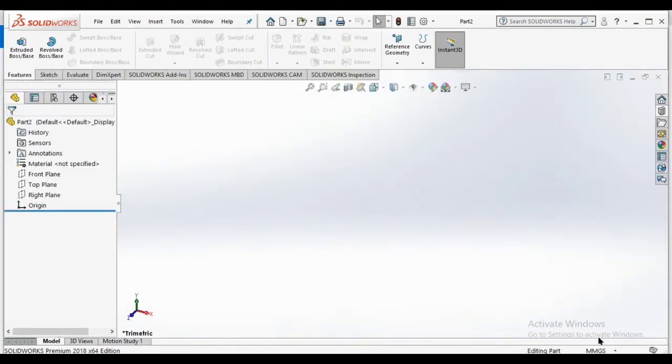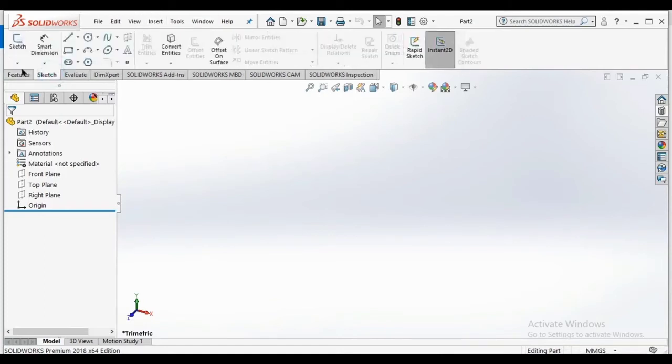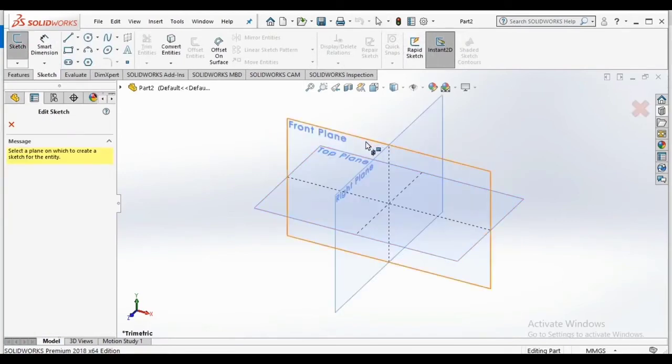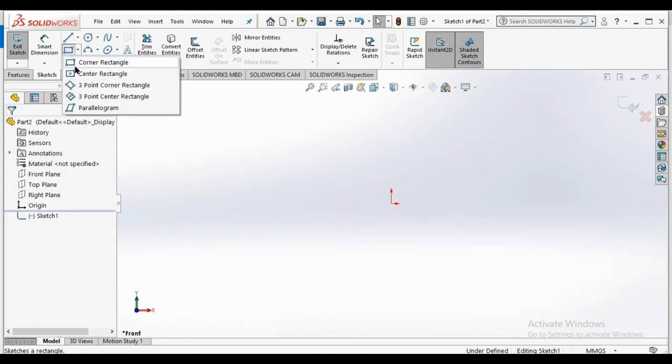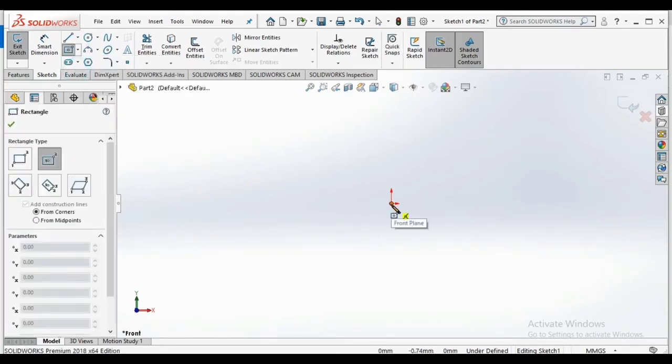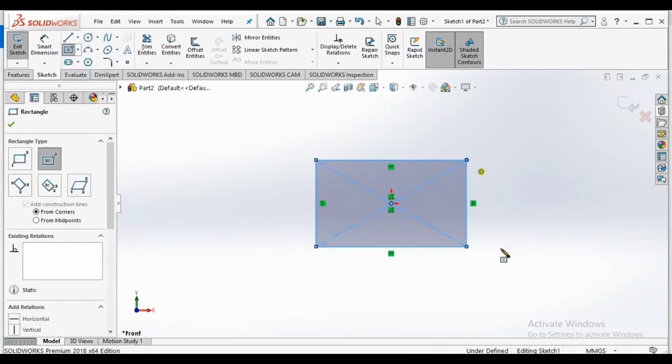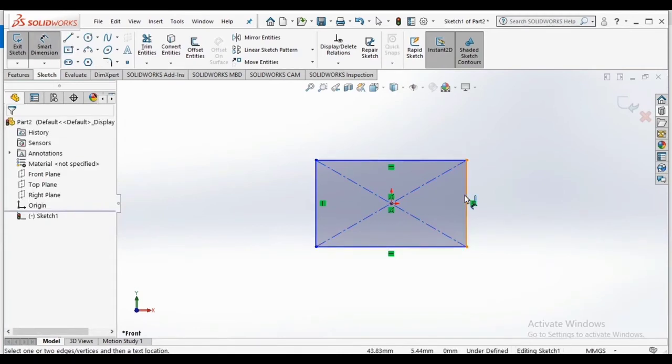Then first of all we have to see the units. Units are same, mmgs. Sometimes it changes, so we have to take a look at units. So again we have to click on sketch. They will ask for plane, front plane. After that we have to use a rectangle, whichever you want. Let me choose center rectangle this time, because we want to make a lid, so we have to give dimension